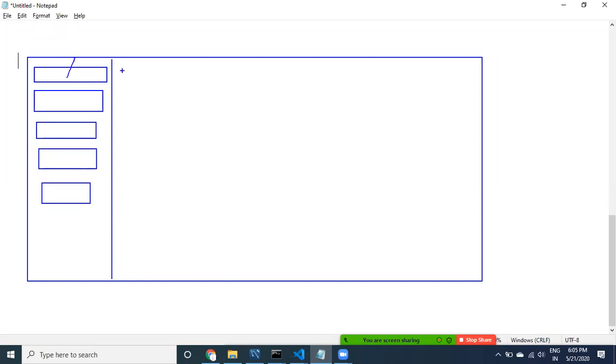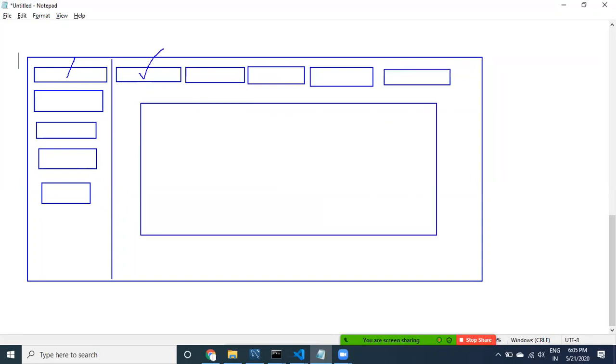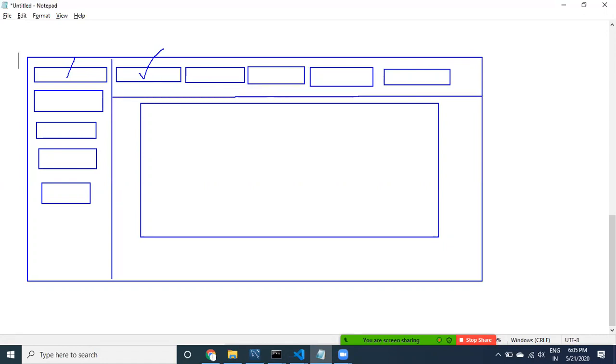Related to this, whatever submenus, sub menu items are there, we have to display sub menu items like this. If the user clicks on this, then I have to display the UI here. Of course, this is also very simple. I just want to show you a UI approach. See here guys, the reverse approach.